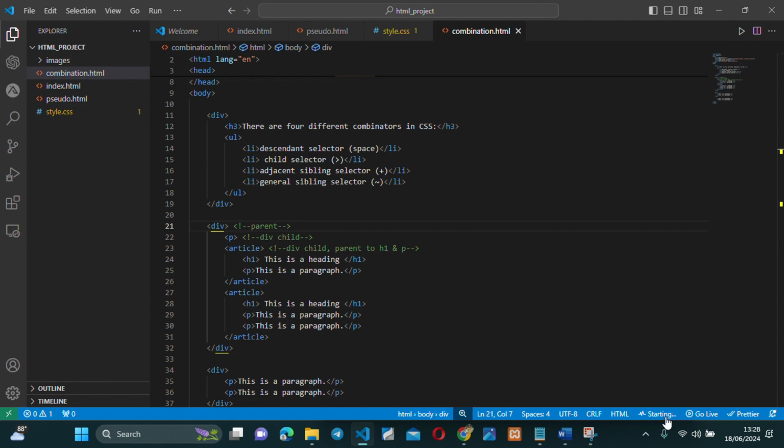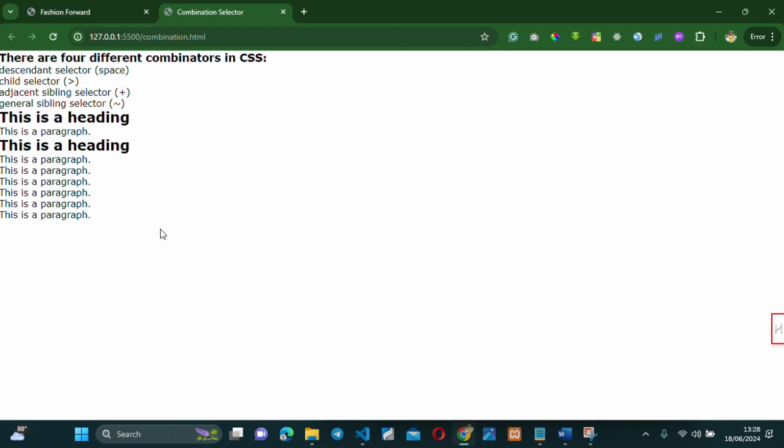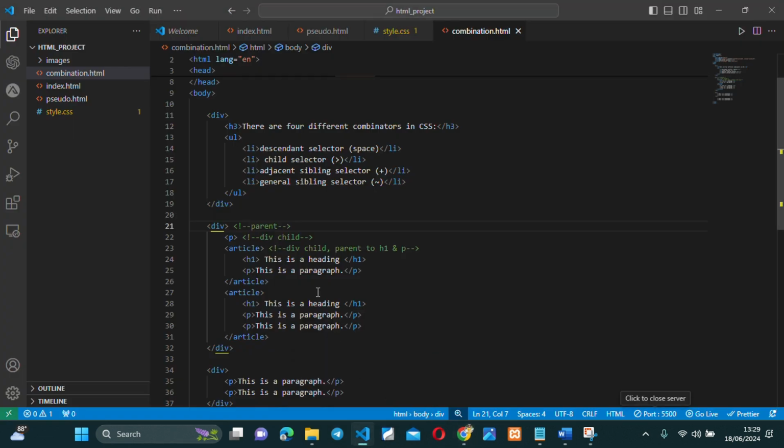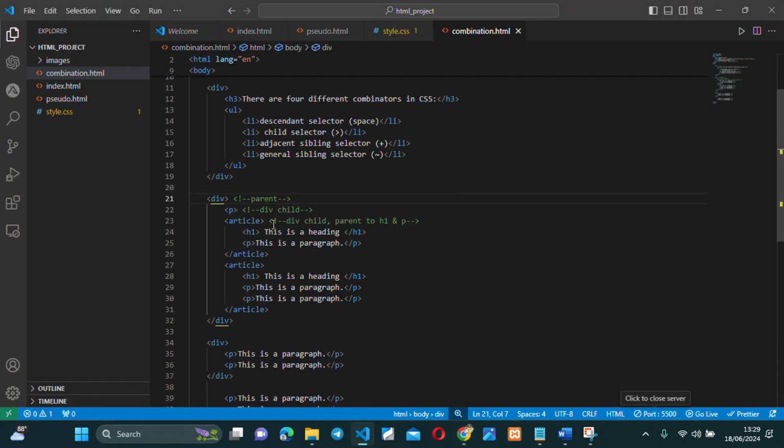All right, so this is it. We are working on this. Let's put a space between them. We see this is a head, this is a head, this is a paragraph. Then we have lots of paragraphs. Let's just give a div